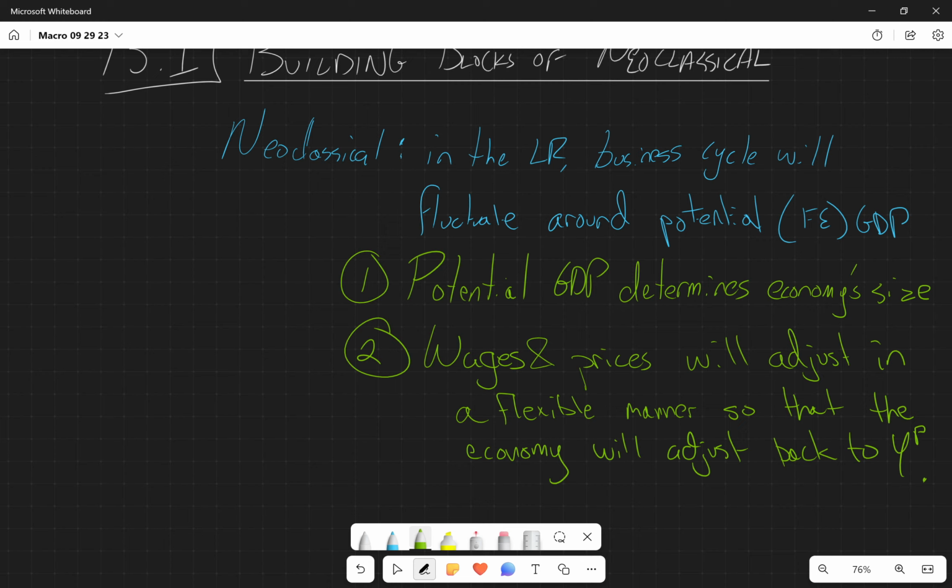So again, the classical economists are focused on the long run, right? Over the long run, the potential GDP determines the economy's size. And when we're talking about potential GDP, we're talking about the level of output that can be achieved when all of the resources